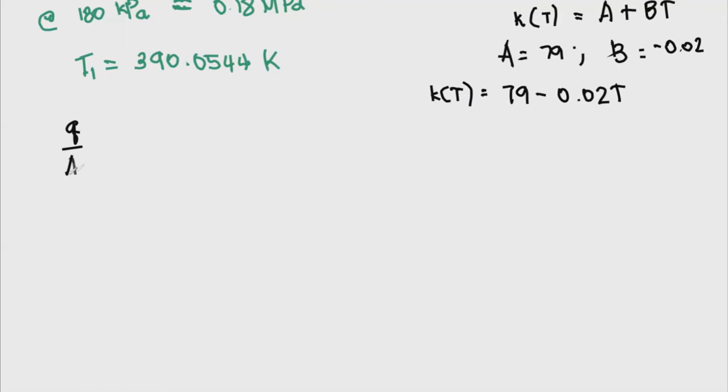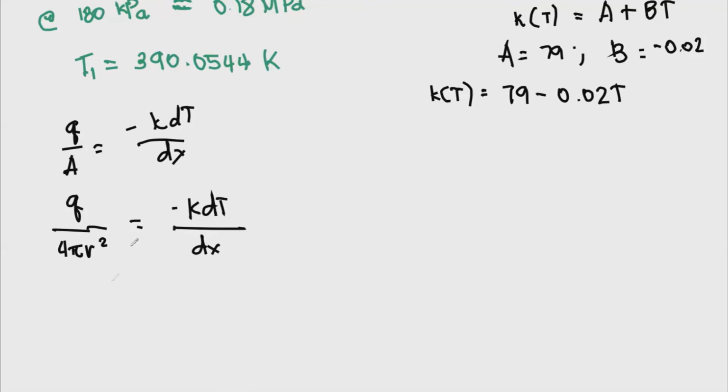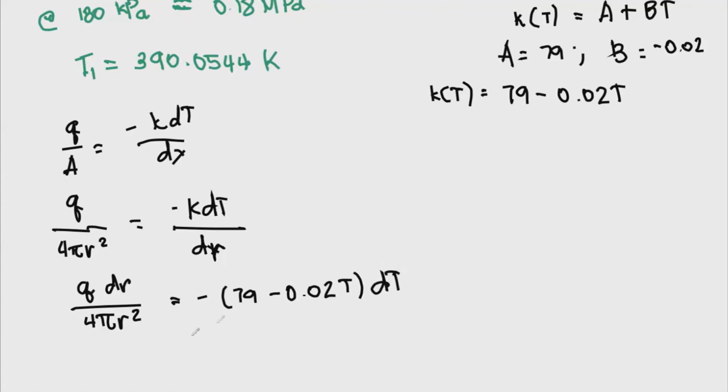No? So, Q over A is equal to negative K dT over dx. And remember, the area of a sphere is 4 pi r squared. And then, this is equal to negative K dT over dr. So, we separate the variables, so we get dr and then 4 pi r squared. This is equal to negative. Now, k would be negative 79 minus 0.02 T, and then we have here dT. Okay? So, with that, our